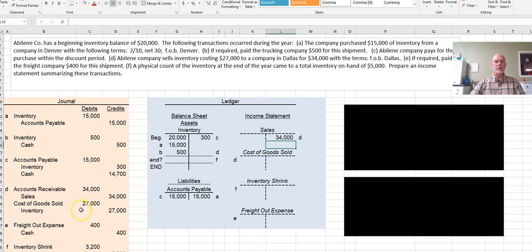We also have to record the fact that we no longer have this inventory, and the cost of this is $27,000. Maybe we calculated that $27,000 using FIFO, LIFO, or weighted average, whatever approach we're using. So debit cost of goods sold, $27,000, and credit our inventory for $27,000. And we now have an ending balance in our inventory account